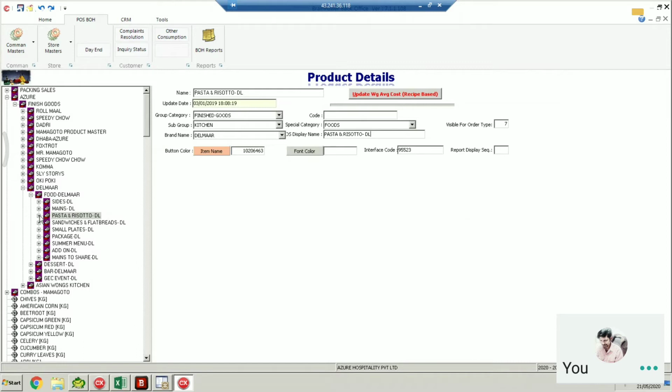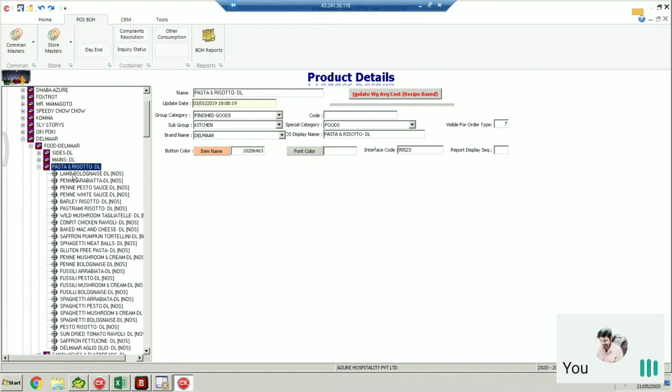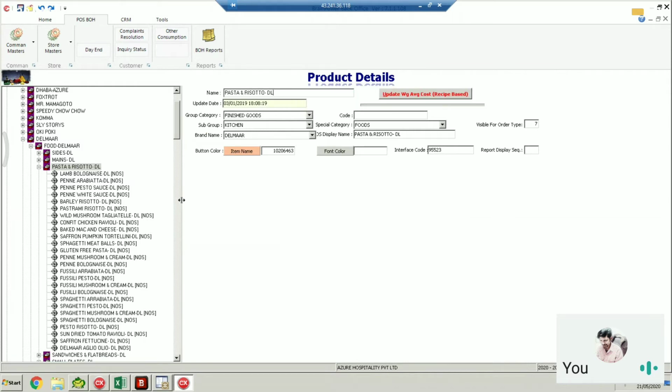Okay. Under here, for this POS display name, we have many times very long names also. So, is there any limit for the same? No, I guess there is a 50 character length for products.